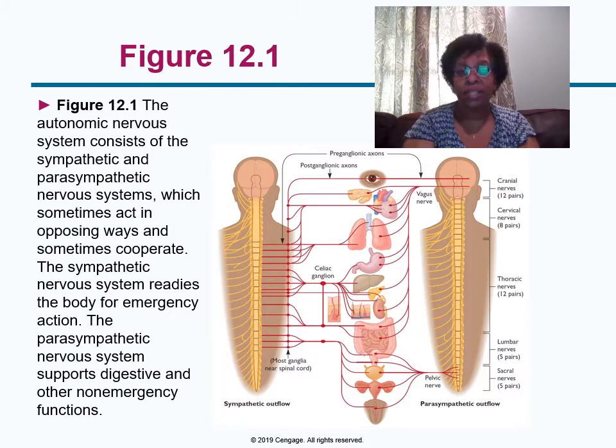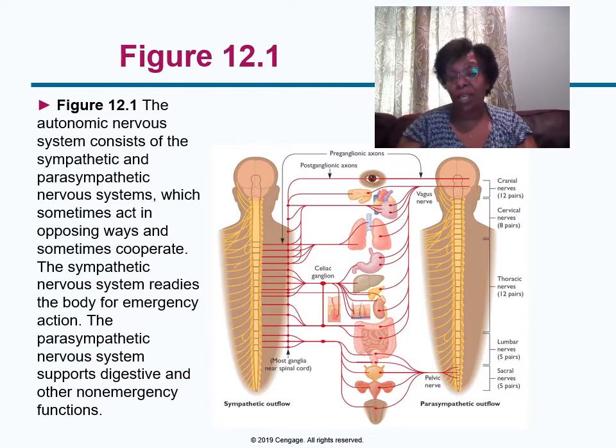Now, looking at this figure 12.1, it's looking at the autonomic nervous system. And again, you know that the autonomic nervous system is going to consist of the sympathetic as well as the parasympathetic nervous systems. And usually there's going to be times when they are opposing one another. And then there's going to also be times when they work hand in hand. So really remember that the sympathetic nervous system is helping during emergency situations. And then our parasympathetic is going to be helping with our digestive and those non-emergency functions,